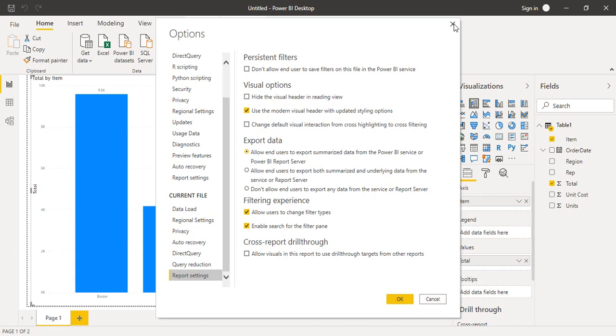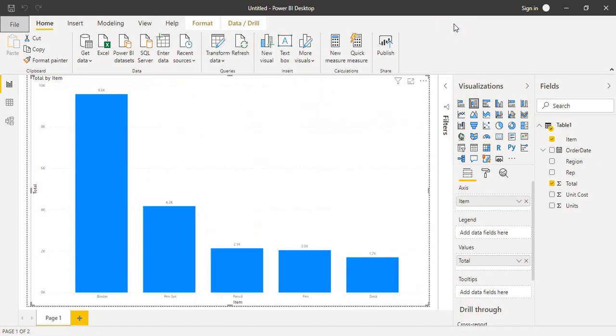If you want those changes to be applied, you can simply click on OK, otherwise you can just remove it. So that's how you can actually work with the data in Power BI. That's how you can filter the data, and that's how you can control who takes a look at your data and who cannot generate a report from your data.